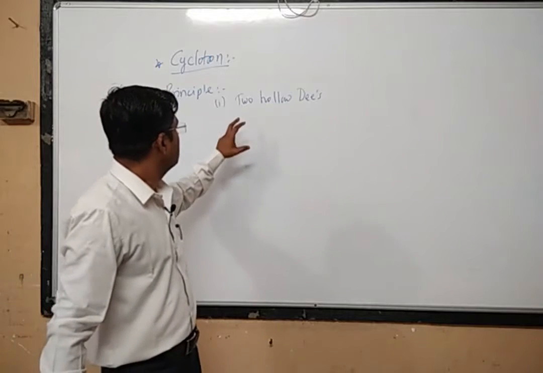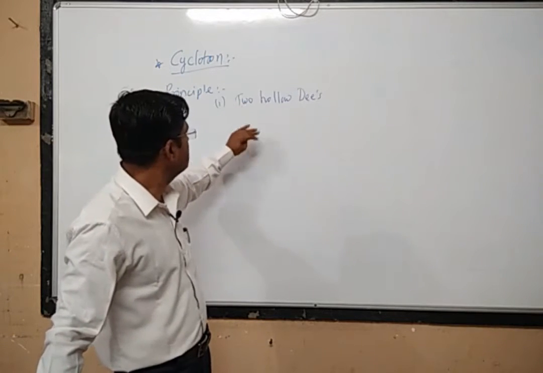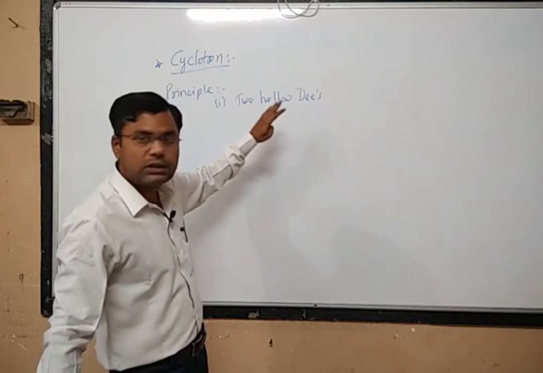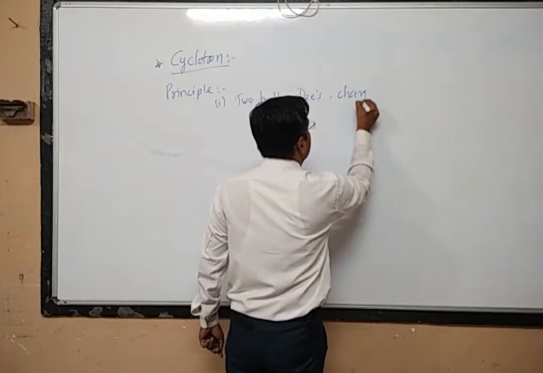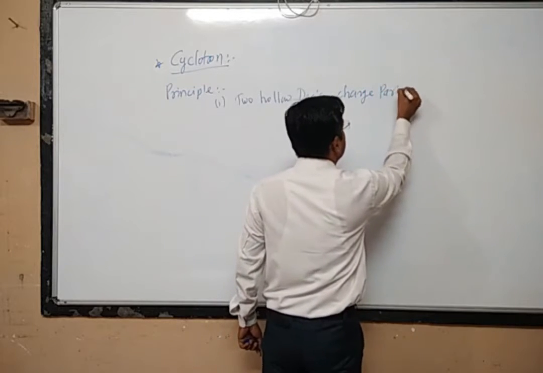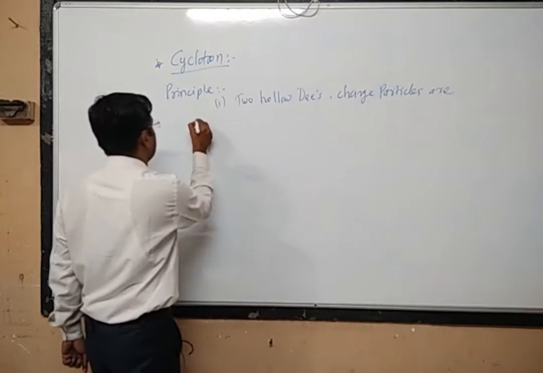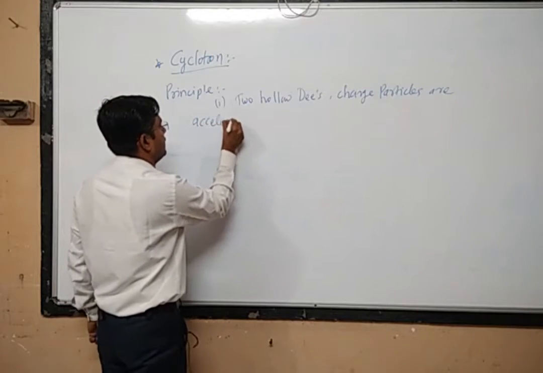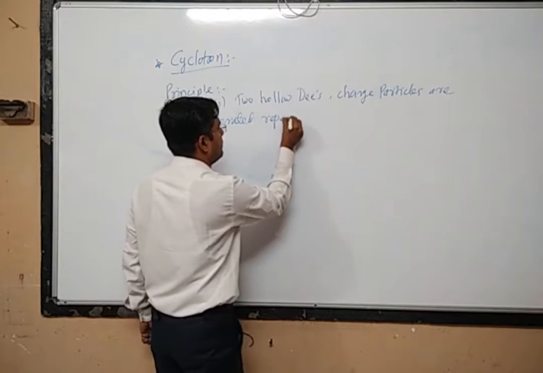The principle of cyclotron can be explained in three terms. The first term is that there are two hollow Ds, and in those Ds charged particles are accelerated repeatedly